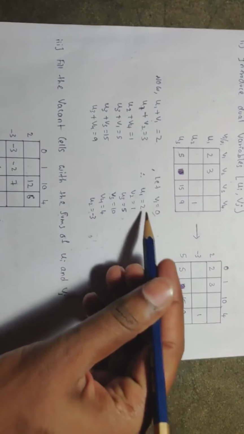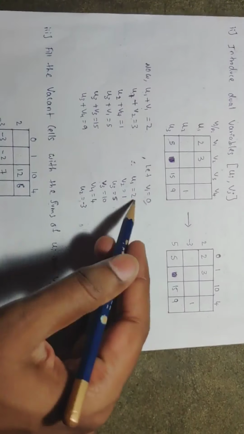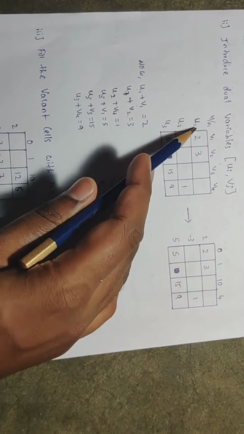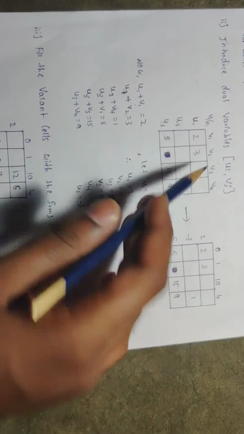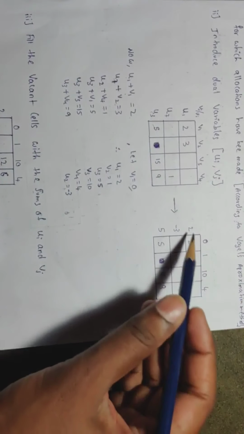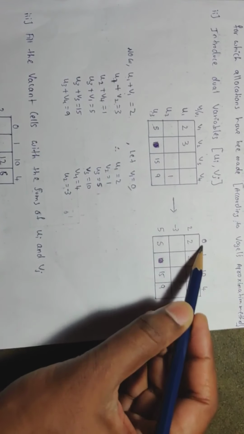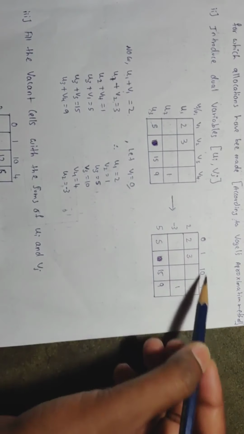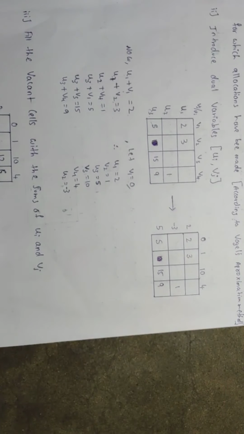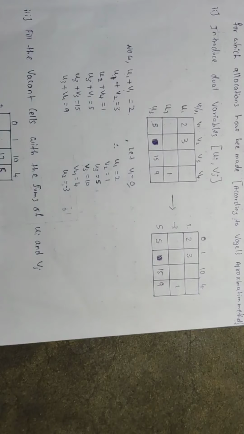Once you obtain all the values, that is u1, u2, v3, all the values, substitute these values in front of those names, u1, u2, v3, whatever you have written in the first step. You can check: 2, minus 3, 5, and v1 is taken by default as 0, so that is there, 1, 10 and 4, right? This is the first step we have to follow in the MODI method.